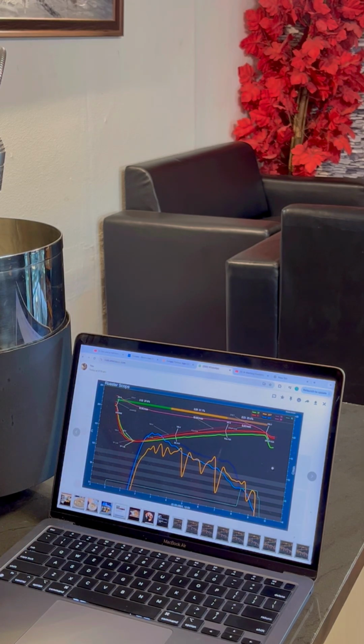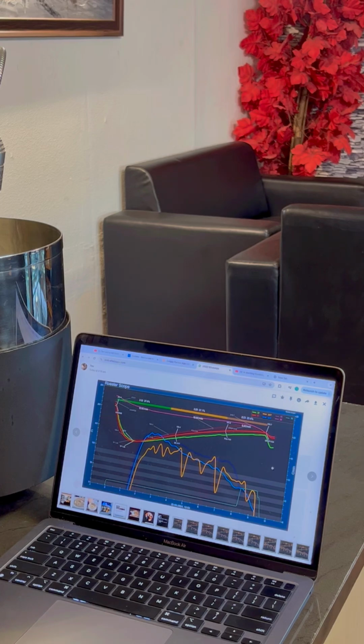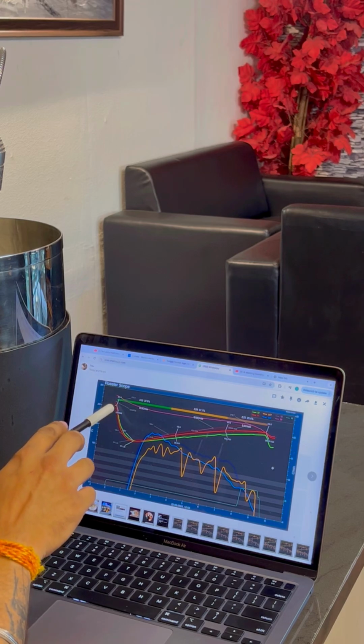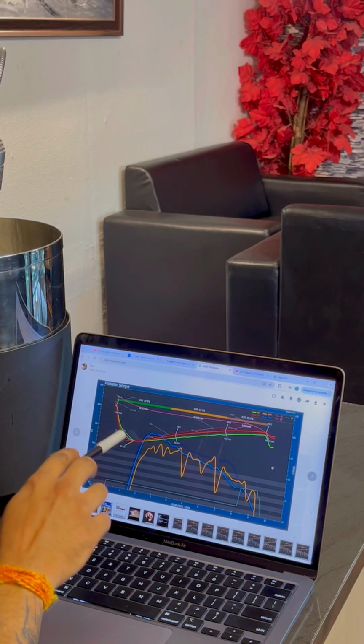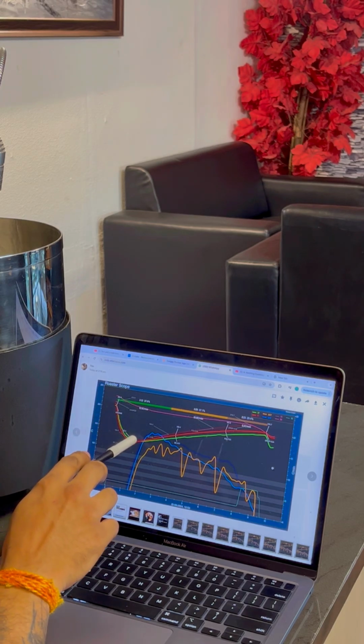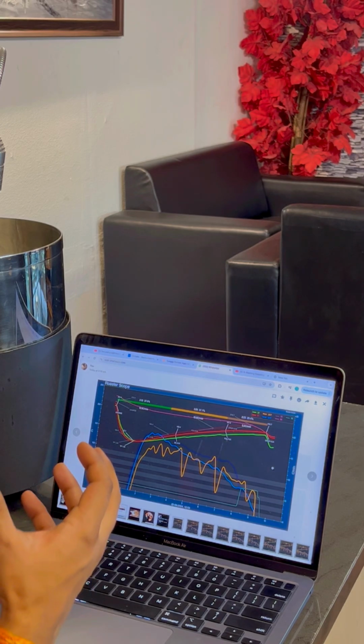initially my beans are at room temperature. When they go inside the drum, they start absorbing the heat, the energy inside the drum. That's why you see a drop in the temperature, and this is known as the turning point. The turning point is from where the beans have enough energy to